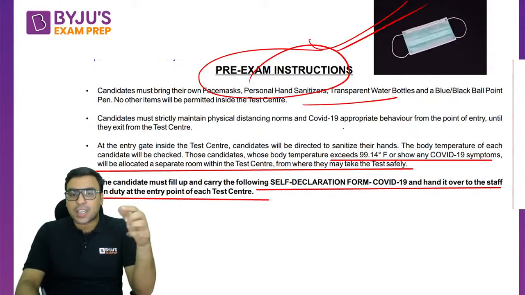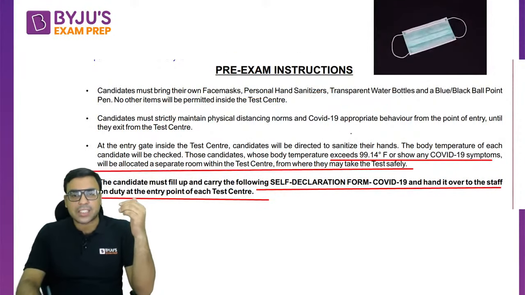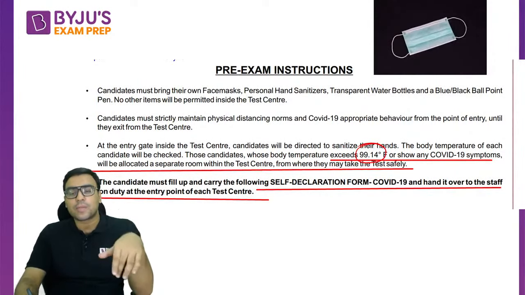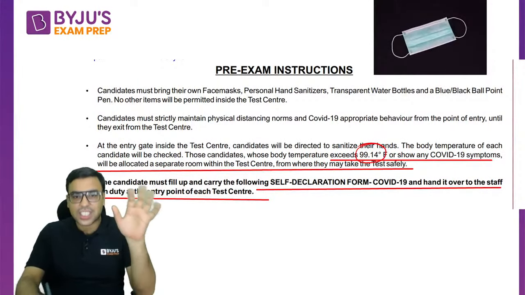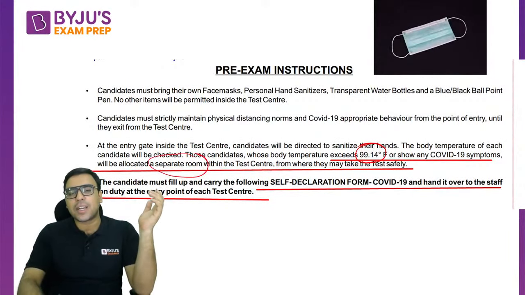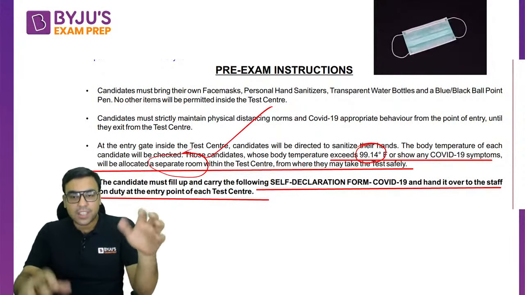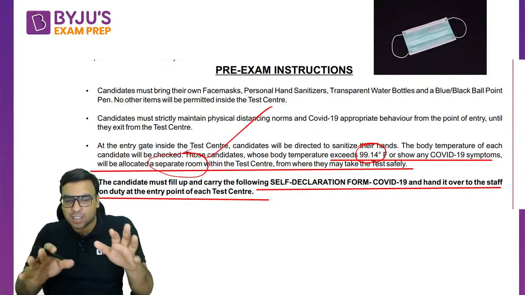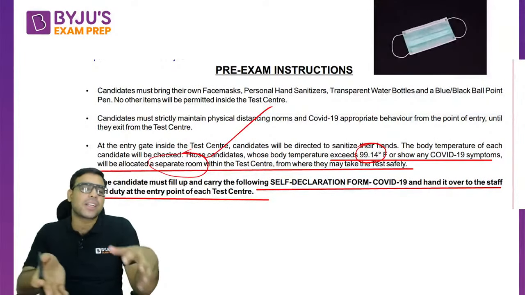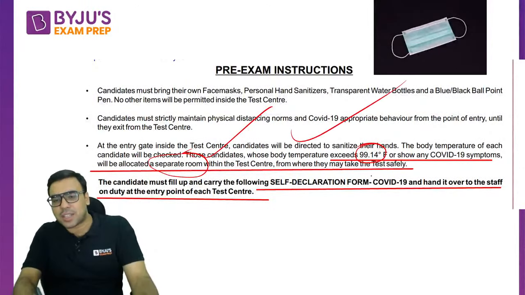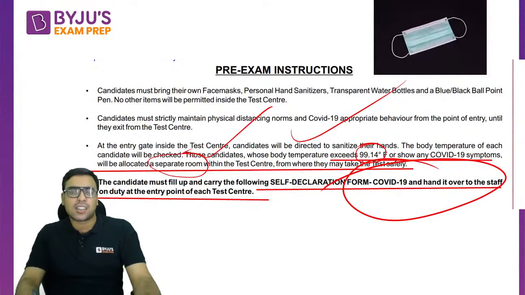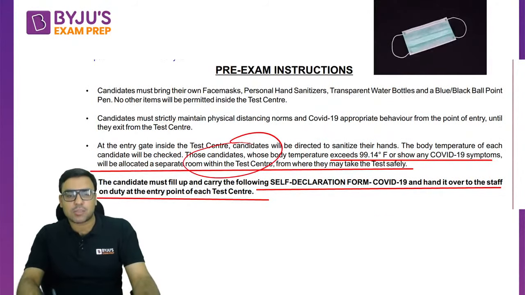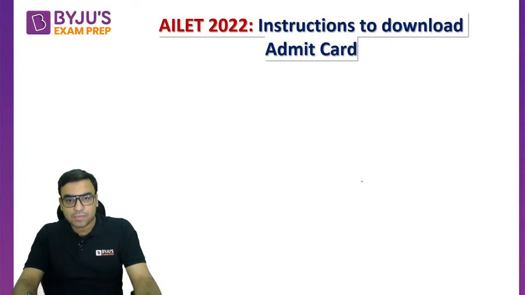Outside the examination hall, they will be testing your temperature. If your temperature is above 99.14, they will not reject you. They will just take you to the separate room to attempt the examination. So it's not that if you are having a fever or something like this, they will disallow you. They will not refuse you, but they will take you to a separate room and have you take the exam. Okay. So ensure that if you have any fever or maybe having COVID symptom, it should not spread to others. This is what they have said.